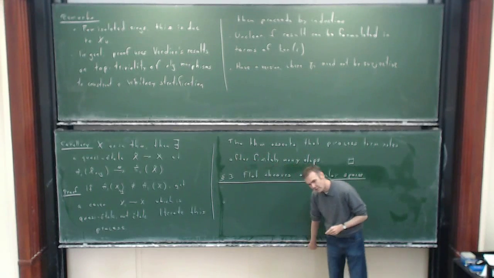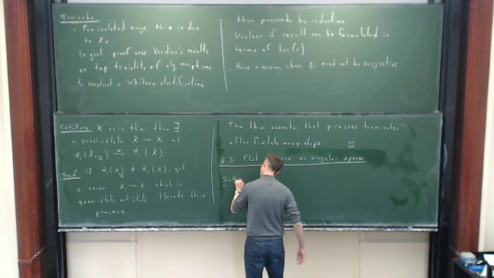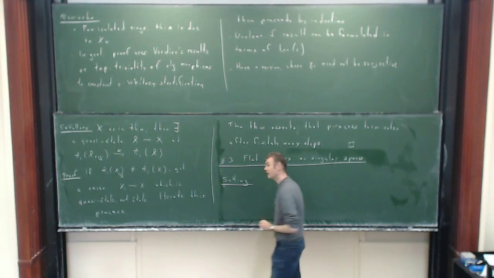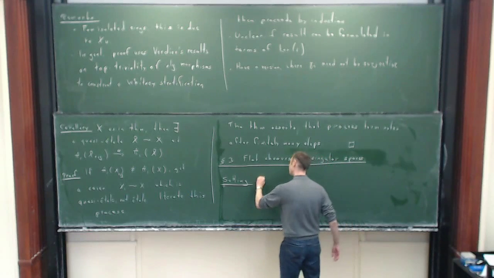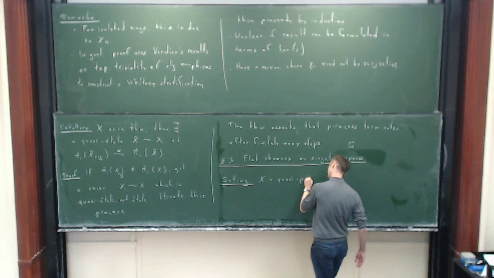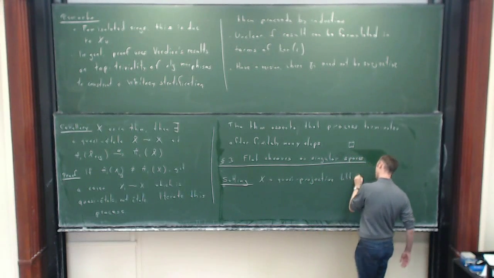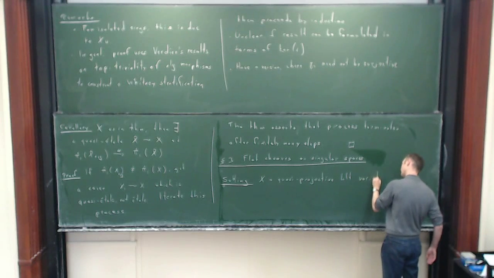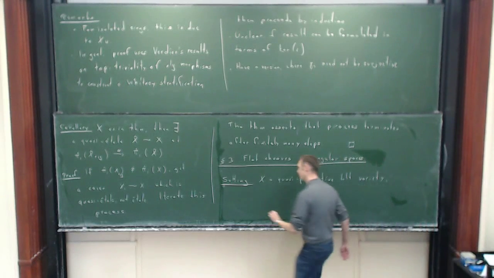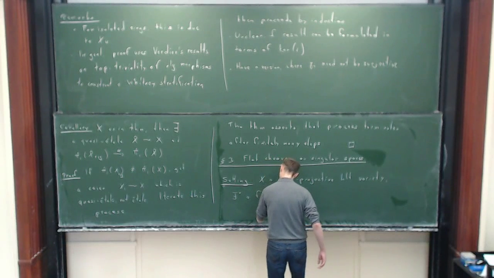So the setting I would like to discuss is the following. I have X, a quasi-projective KLT variety. And I have F0, a flat sheaf